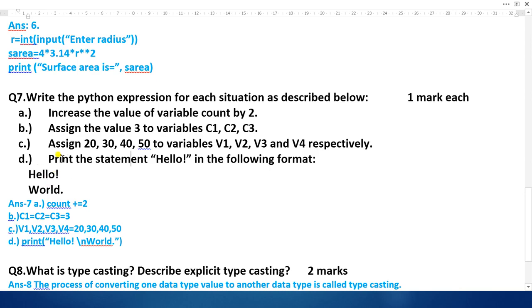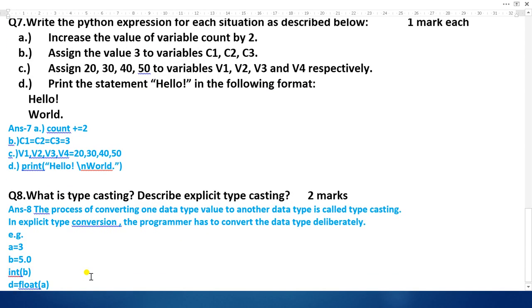In this way you have to print the format. This world is in the new line, that's why I have used the \n in the print statement so that this world will come in a new line. You know \n is used for entering the data in a new line. It behaves like an enter key.